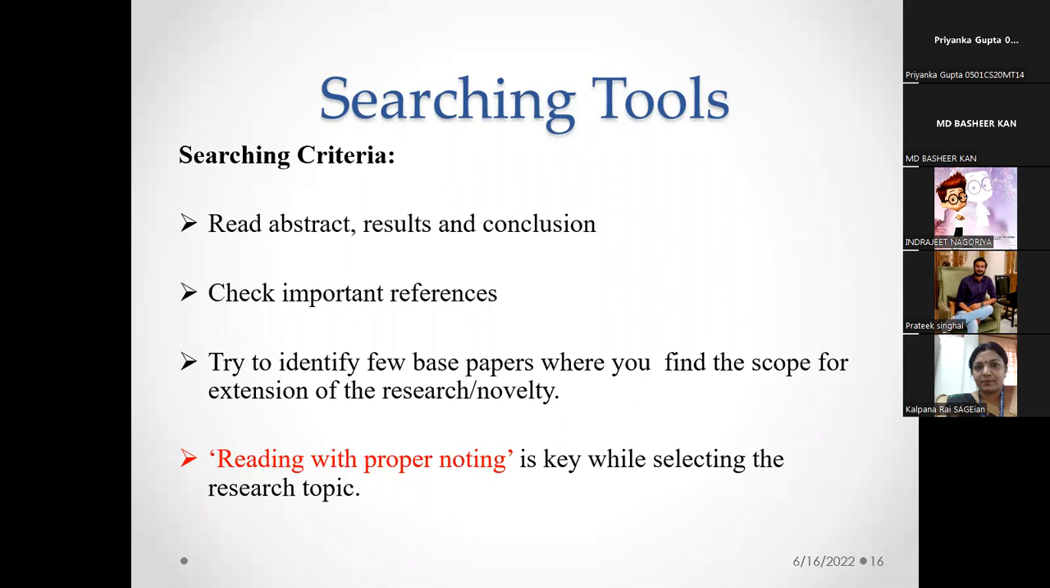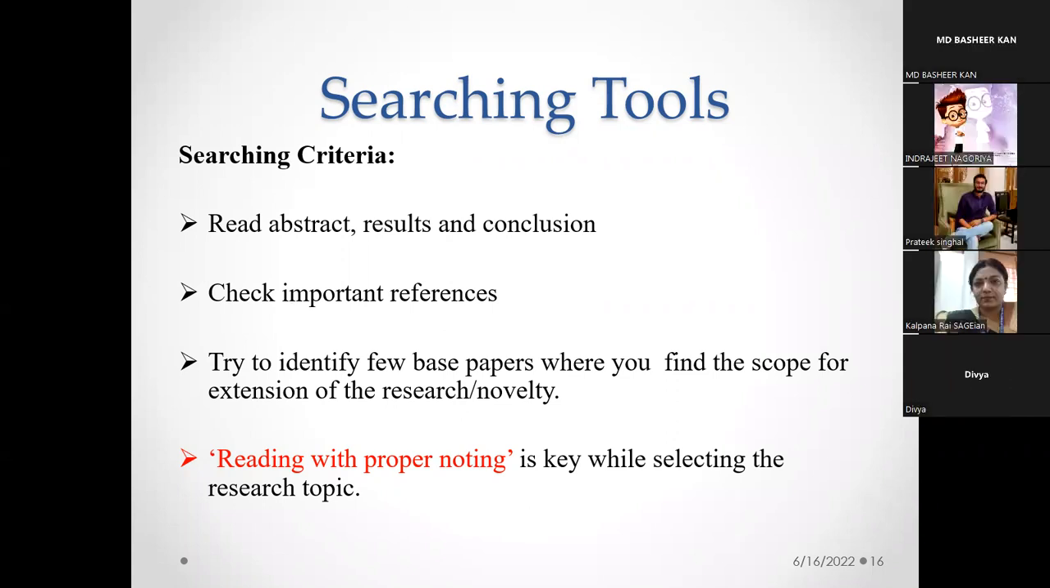Try to identify a few base papers based on this practice, where you find the scope for the extension of the research or novelty. That means after reading some papers, abstract, result and conclusion, you will get some idea that yes, I can do some work in this part. This will be much easier for me. Then try to get 5 to 6 base papers,